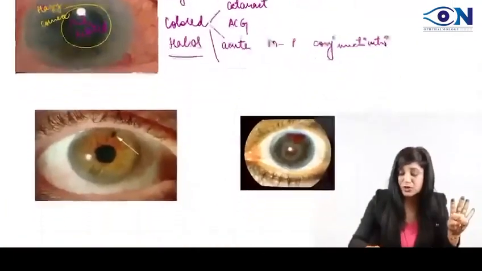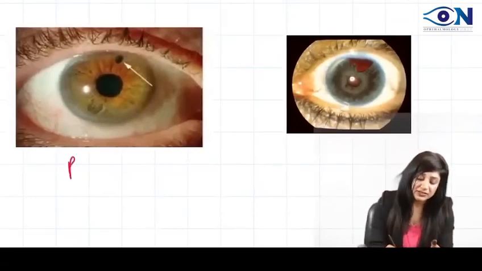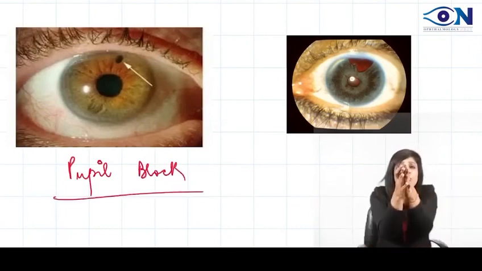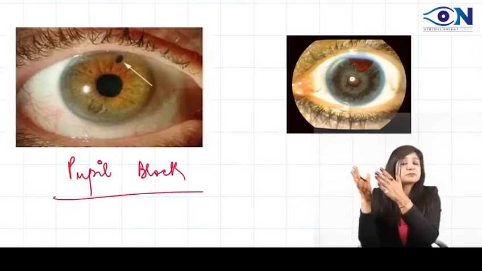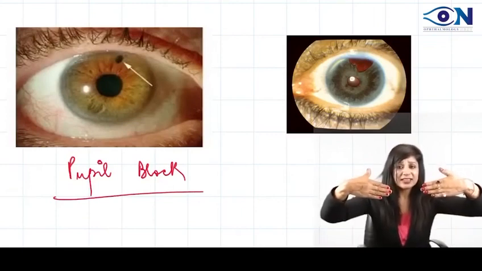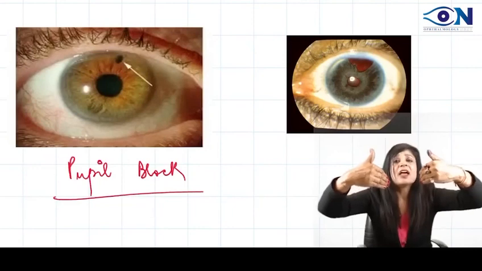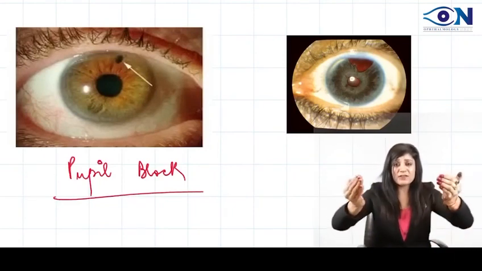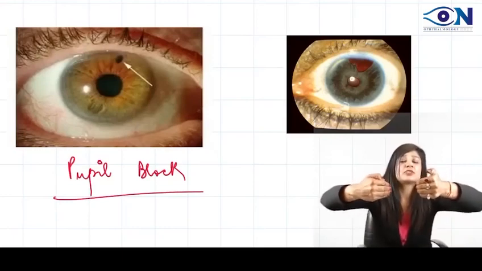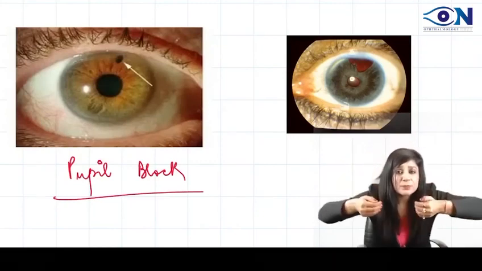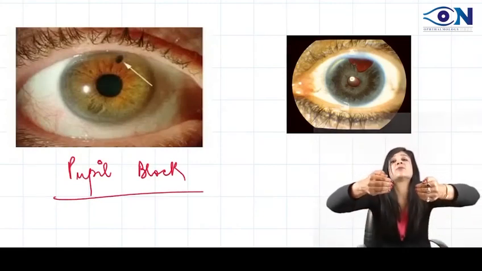Very, very important. So if a patient is having acute congestive glaucoma, the main problem is the pupillary block. So basically we are having the pupil blocked, and therefore the aqueous humor is now collecting behind the iris. So the iris was like this and it is now getting pushed by the aqueous humor. When it is pushing, we are having this ballooning of the iris. So please write it in the comment section. What do you say when there is pushing of the iris? This is iris bombé formation.